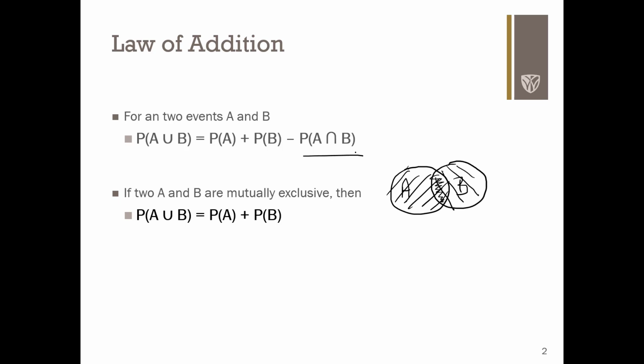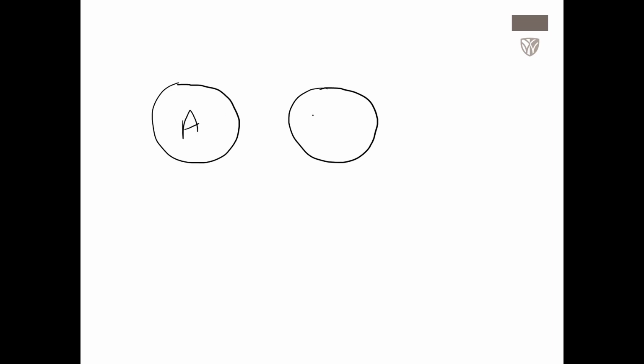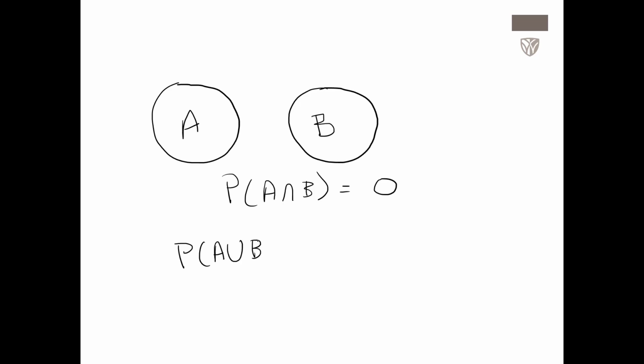If two events A and B are mutually exclusive, then we can simplify this formula. Remember, the definition of mutually exclusive just says that A and B have no outcomes in common. So this would represent two mutually exclusive events, A and B. If A and B have no outcomes in common, then the probability of A intersected with B, the probability of both A and B occurring, is equal to 0. And if we replace the probability of A intersected with B with 0, then we just end up with this simplified formula that says the probability of A union with B is just the probability of A,